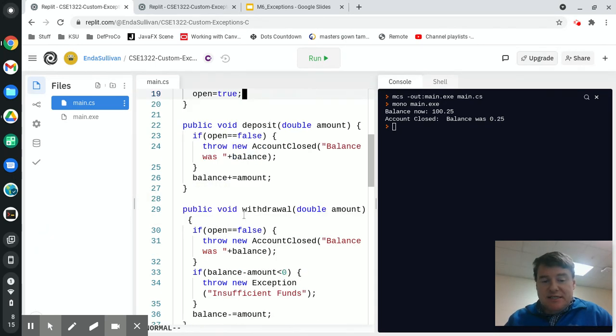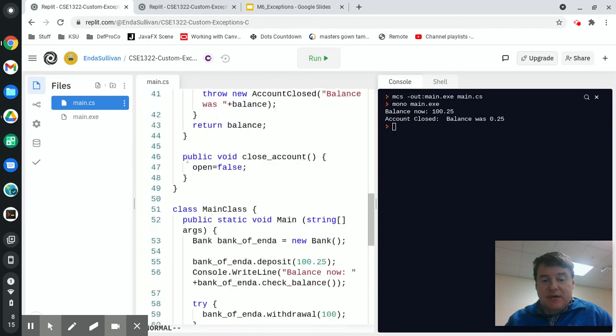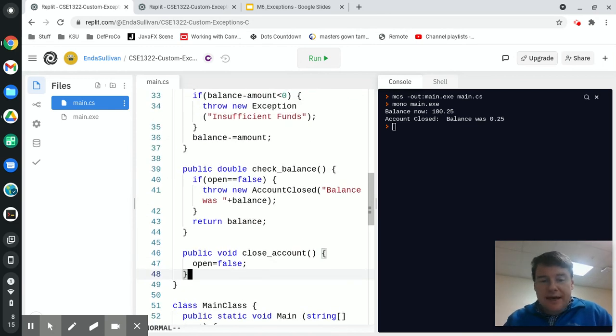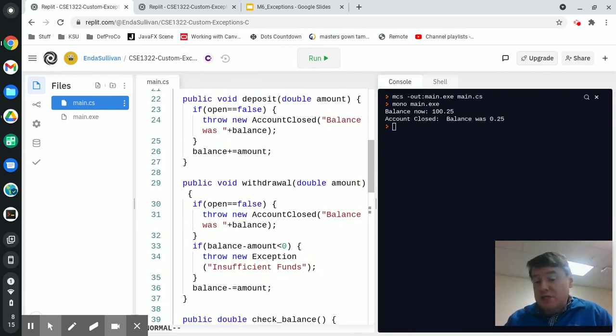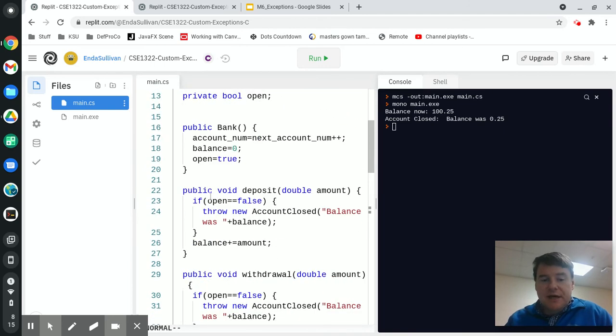So the new thing that I'm going to add to this is down at the bottom here, I'm going to add a new method called close account, which takes no parameters and simply sets open to false. All right, so now every time we do an operation on the account, we can check, is the account actually open? And so what's happening here is in the deposit, if you try to do a deposit, the first thing that it does is it says, if open is false, then throw